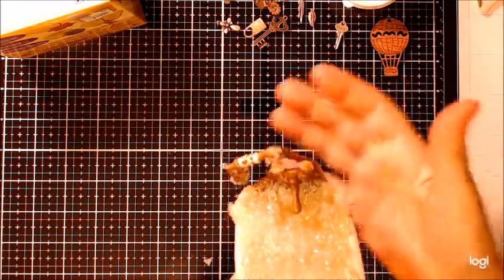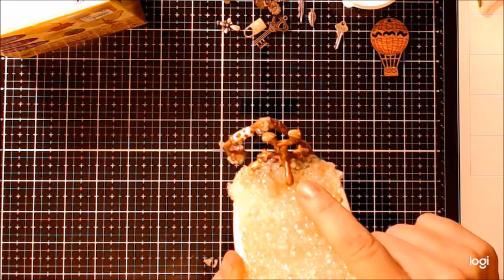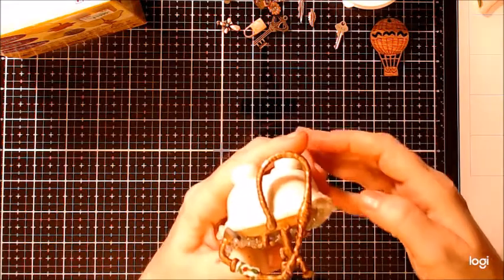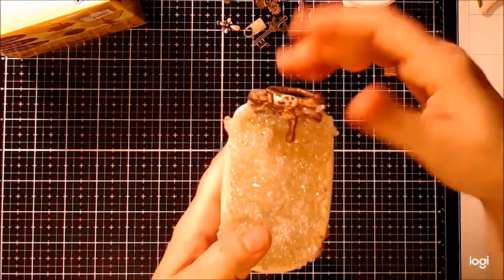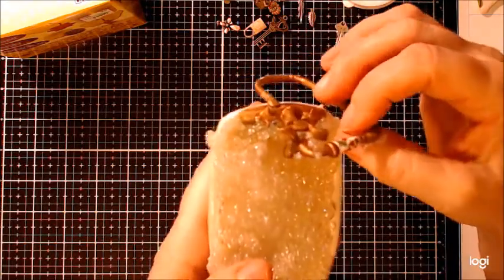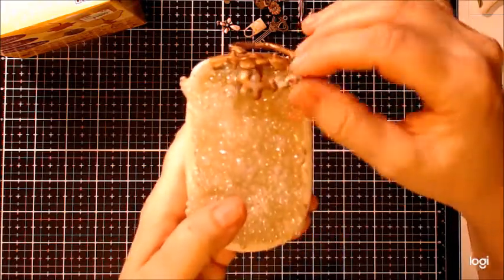And this took me forever. This thing out of gold. I made like an old-fashioned tub. So I took and attached it to there, and then this comes around. See, if I pull hard enough, it could, and if it breaks, it doesn't matter. I'll just put it back on. But see, can you see the little handle right there? And then this